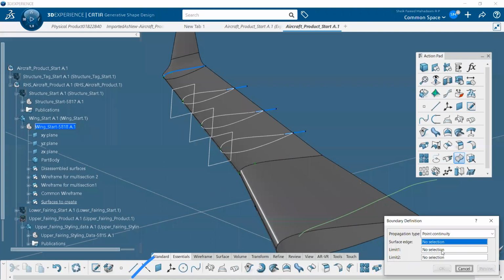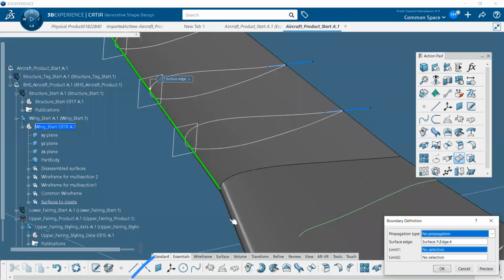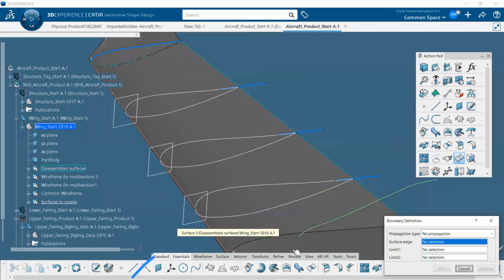Make sure there is no propagation, and then select one side. There is one boundary, say okay. Same thing, I'm going to create another boundary on the other side. These two boundaries are going to act as a guide for the surface creation between all these curves.